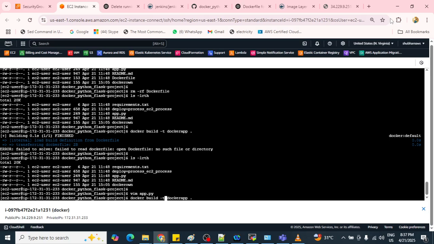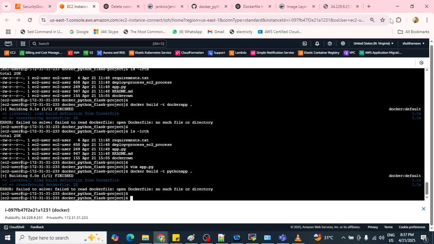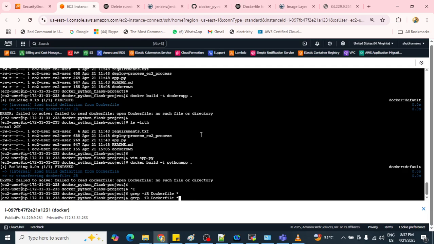Docker build like that Python app. Unable to open Dockerfile, no such file or directory. But why is it calling? Somewhere it is defined, that's why it is calling. Let me see where it is defined. grep -ir, paste that particular name. It is not mentioned anywhere.